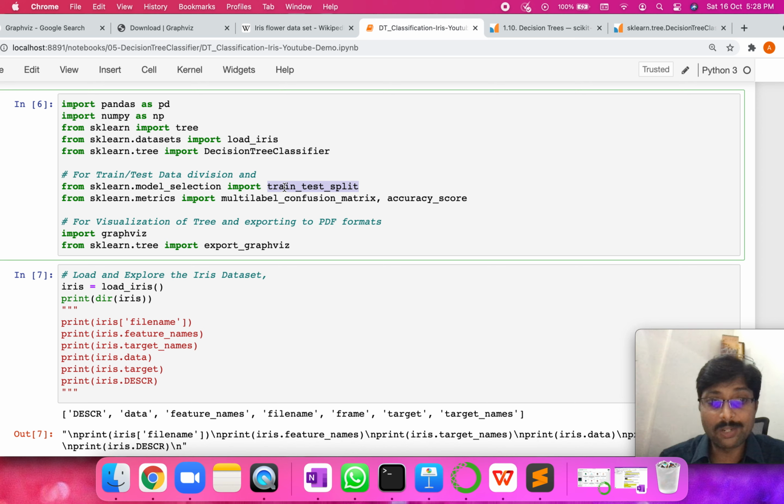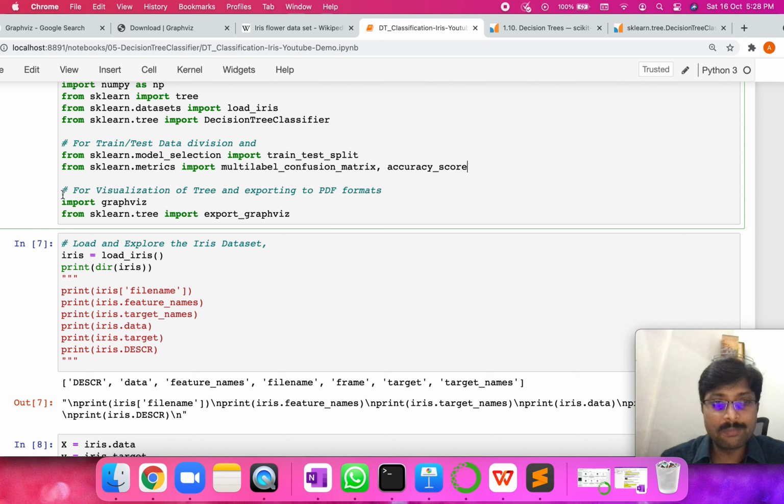This is also implemented by sklearn, and we have various metrics like confusion matrix and accuracy score. These are the two that we will be using to evaluate how good our model is doing on our train data and test data, which is data the algorithm has not seen while training. We'll try to test with it, and we'll see that down below.